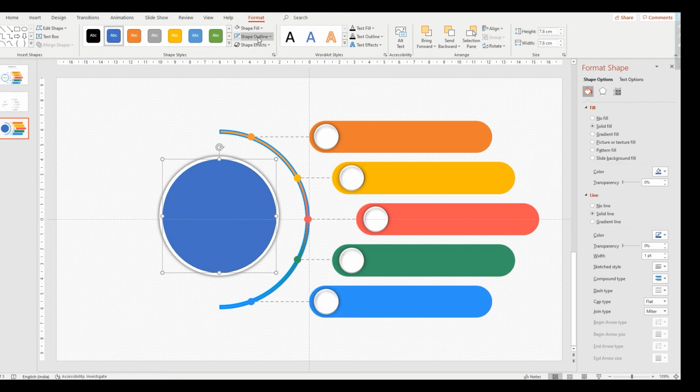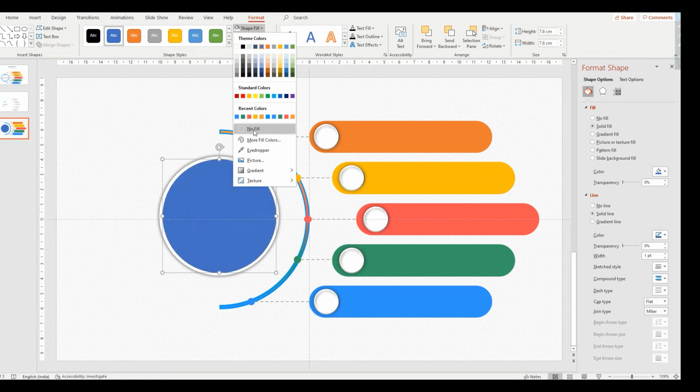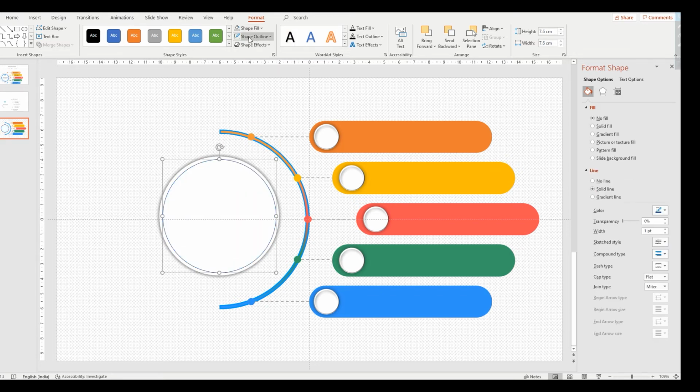Select this circle and fill it, no fill. We are taking the outer line dash type. This one we are taking. Is enough. Another circle we are taking, Control D.